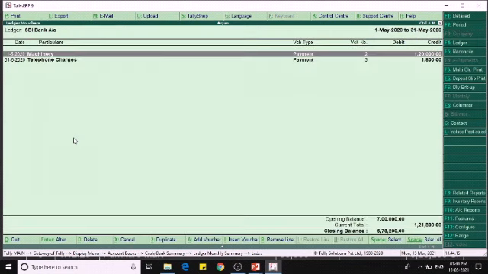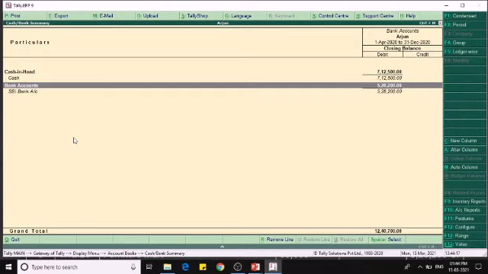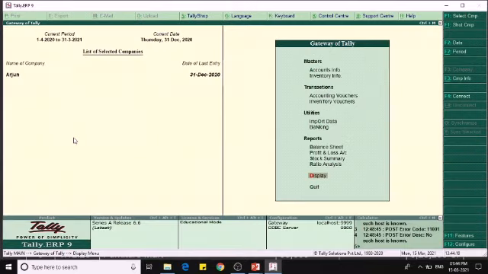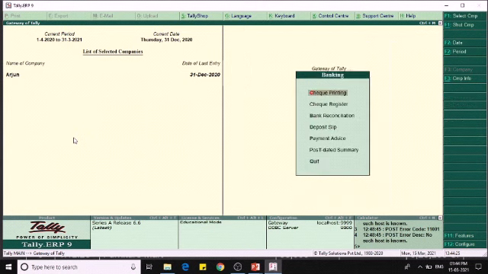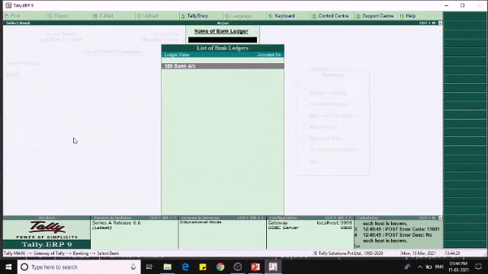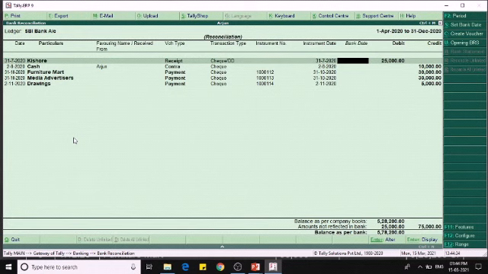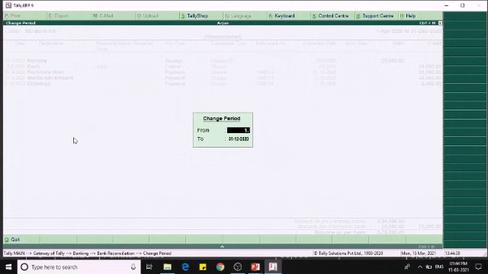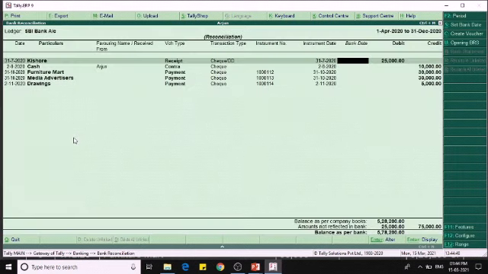Okay, we can do like this, or else if you are doing the reconciliation as a whole, we have to go to banking, and then we can go to bank reconciliation, and then we can select the bank name. Okay, here we have to change the date as 1/4 to 31/12.